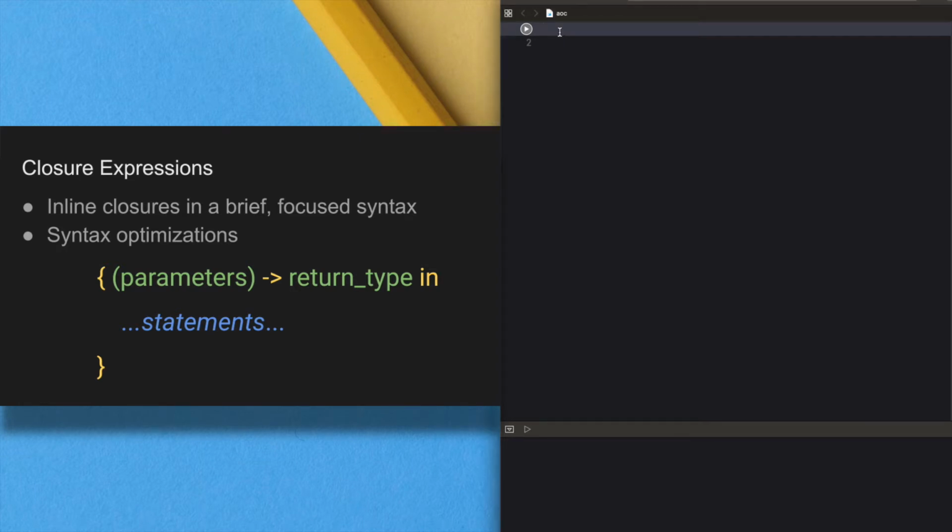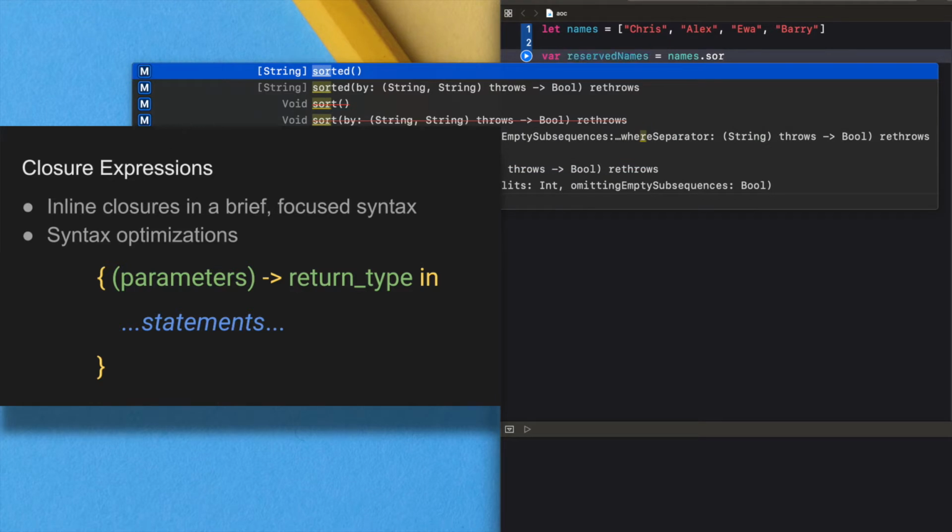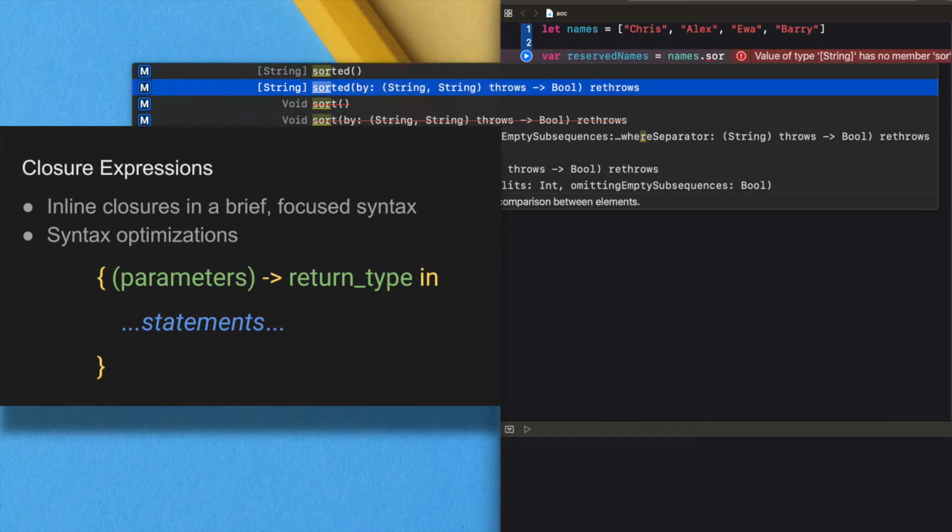Normally in Swift there is a method for sorting, known as sorted, for sorting an array of values. That method sorts an array of values of a known type based on the output of a sorting closure that you provide. Names dot sorted. See this, there is a method that expects a closure as a parameter. Okay, we can use that.